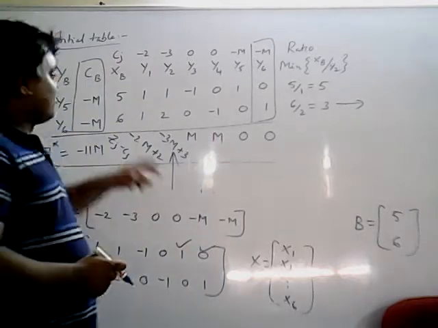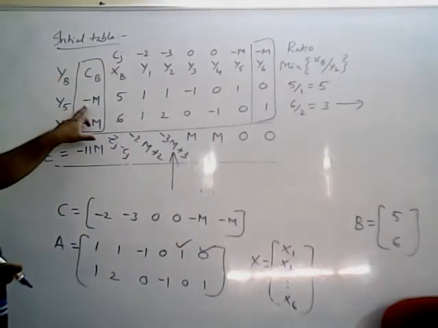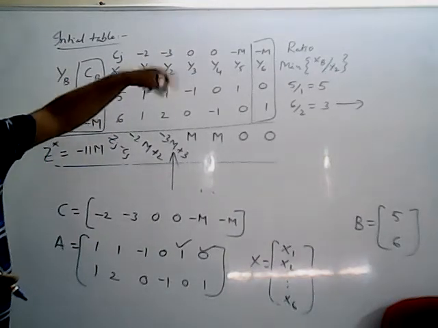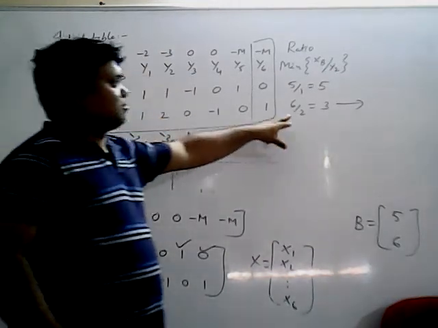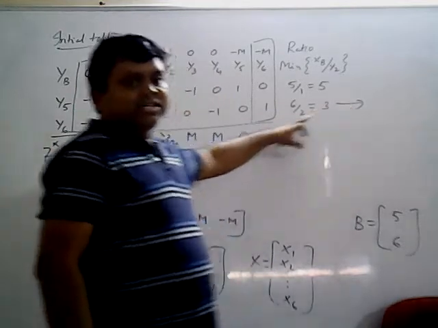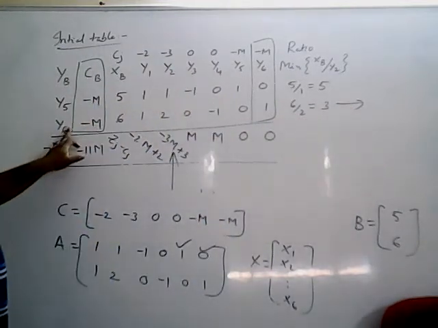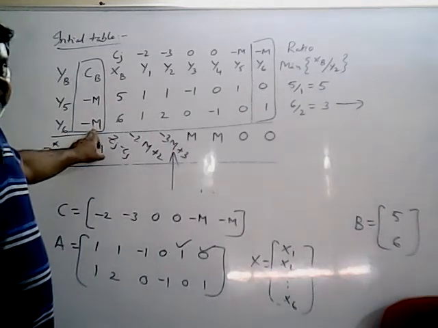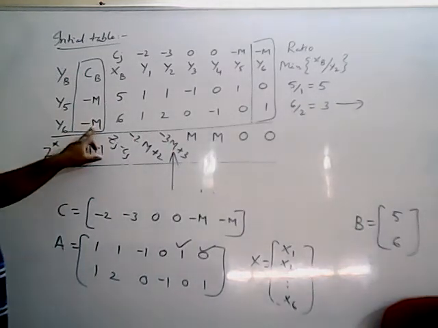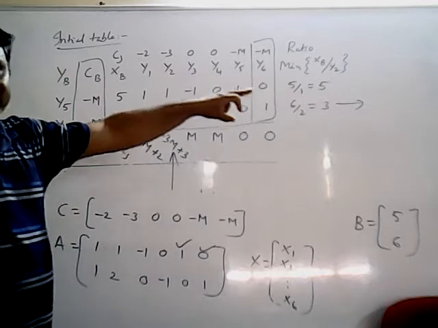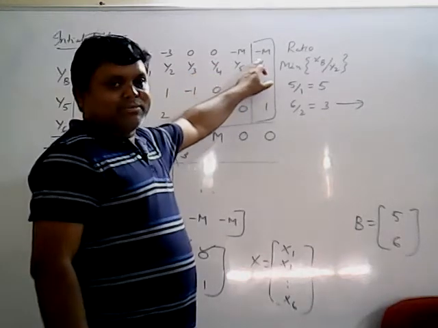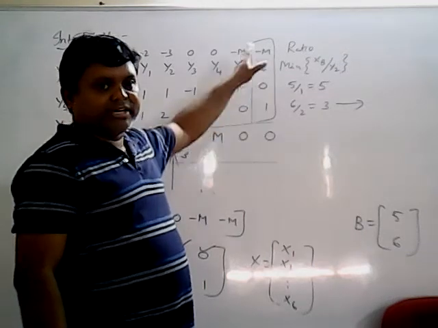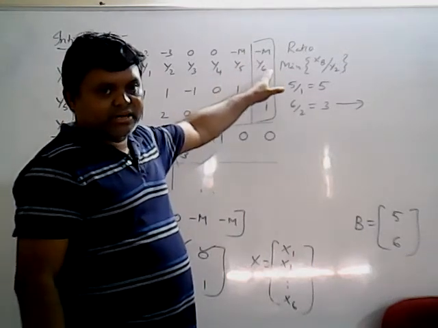Okay. Now suppose y5 deletes. y5 is also an artificial variable. When it deletes, you should not represent that y5 column in the next table. But in this particular problem, y6 deletes first. How do you say it is an artificial variable? Minus m means it is an artificial variable. So y6 is an artificial variable and it is deleted from the basis. That's why in the second table you won't represent this y6 column. Up to y5 only you will consider. I think all of you understood.